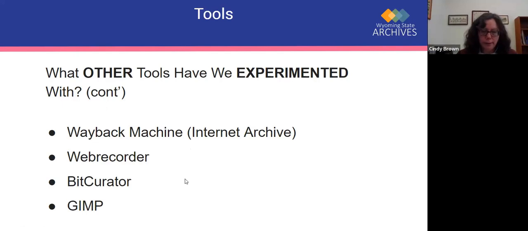And then BitCurator, I think most archivists recognize it. That's that suite of open source software that you can use for the whole process. A lot of these tools have a version of it in BitCurator. It doesn't use Windows as its operating software. It uses something called Ubuntu. And so, yeah, we have a computer that's set up with BitCurator, but I'll be honest, I use the other tools instead. And then GIMP was the one I promised to talk to you about, which is the other photo